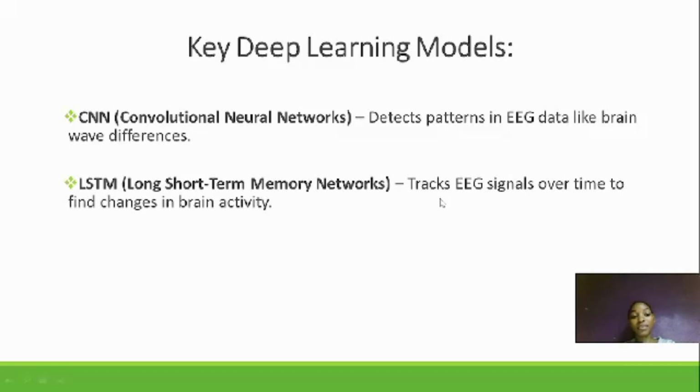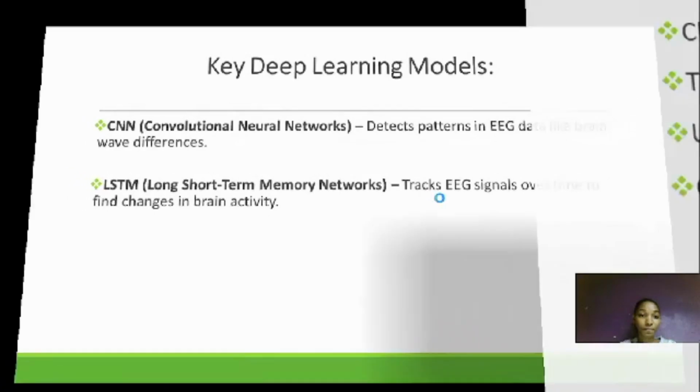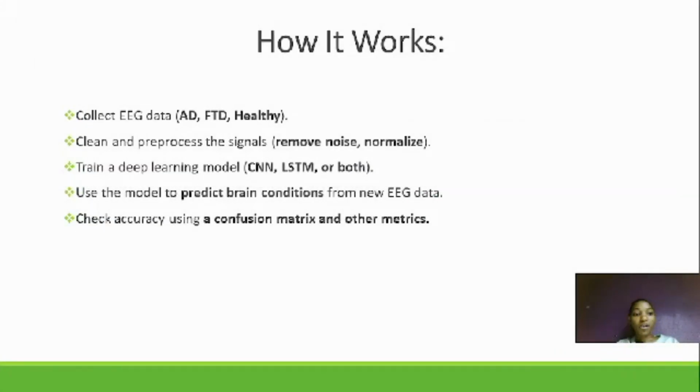So for deep learning, you first collect the data. For our case, it was Alzheimer's, frontotemporal and the healthy data. Then you clean and process the signals, because that data always has unnecessary things. It has noise, so you have to remove the noise and then normalize the data. Then you train the model using those two techniques that I've explained before. For training the deep learning model, you can either use one or use both of them, because both of them are